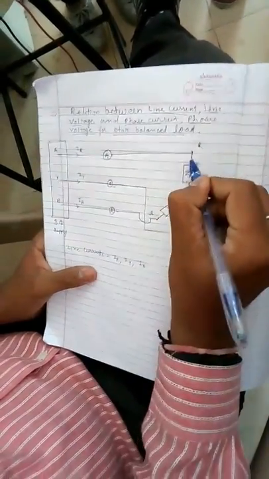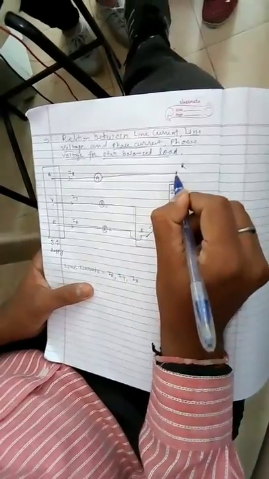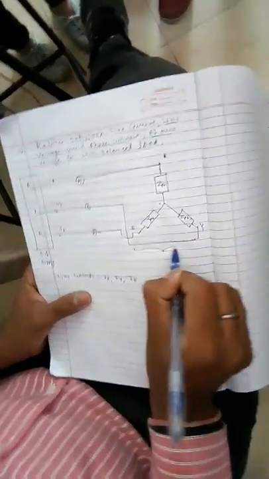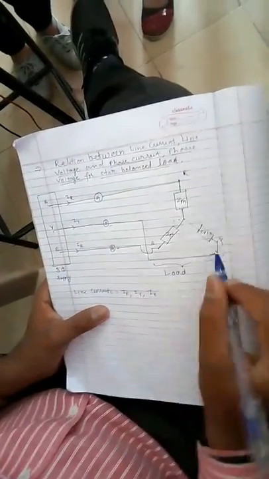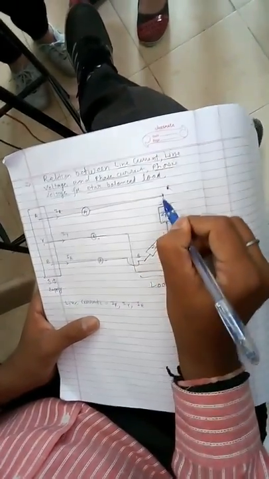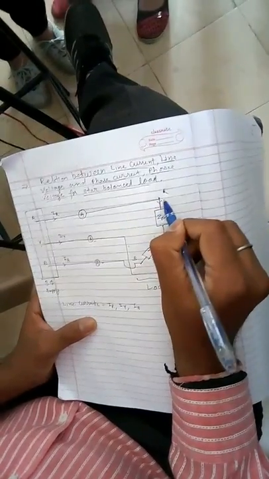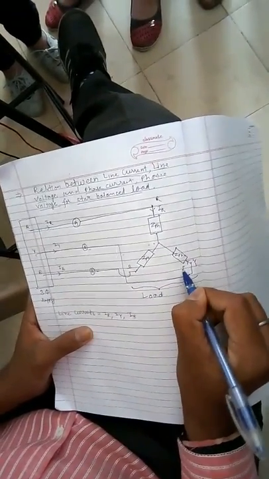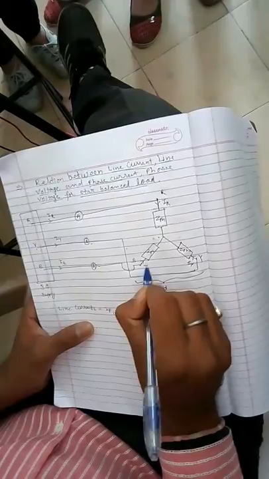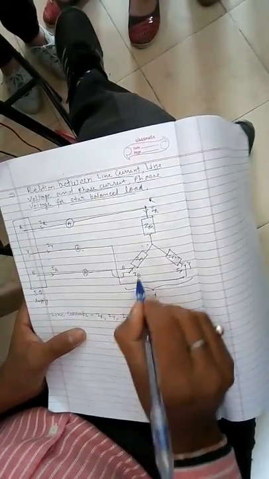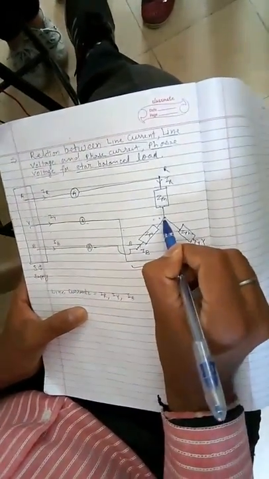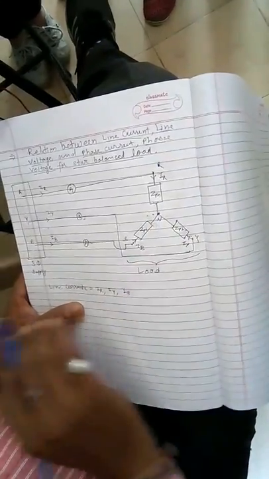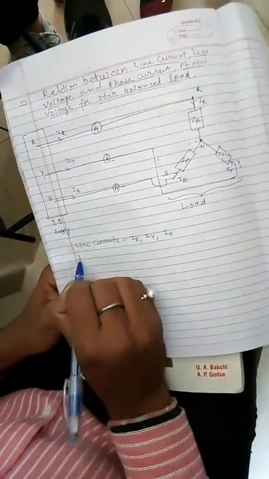Clear? Now this side is known as the load side. This is clear? So what will the load side be? The current passing through this branch is what you can call the phase current. It is denoted by IR. The current passing through this branch is IY, and the current passing through this branch is IB. Here we consider this the common point, known as neutral N.